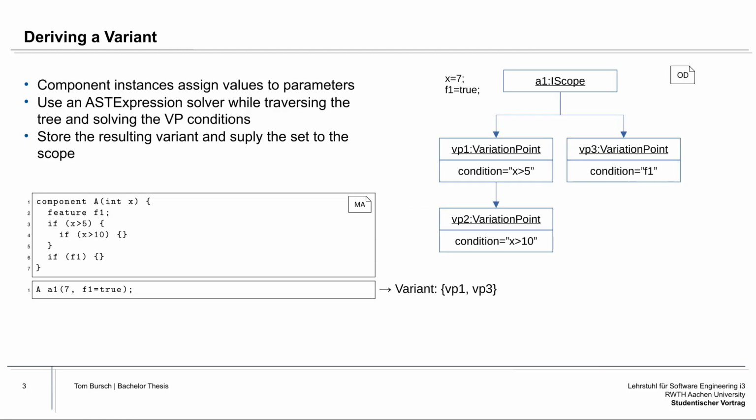When we look at a component instance, we want to derive the set of variation points corresponding to it. A simple traverser in combination with an expression solver is used to derive a variant. Whenever it is not possible to solve a variation point's condition, we assume the variation point to be included in the variant. This is, for example, the case when parameters are bound to other, not yet bound parameters. The AST expression solver and variation point solver classes relevant to the derivation process can be found in the evaluation